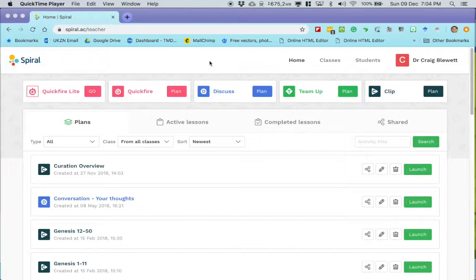In this particular lesson, we want to look at Spiral. Spiral is one of my favorite tools because it can be used either in a blended learning environment where you are working with your students in the classroom and engaging them in conversation, or in an online environment where you give your students content that they're going to look at and have a conversation around in their own space and time.